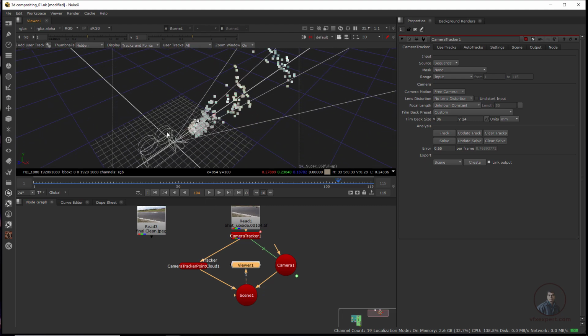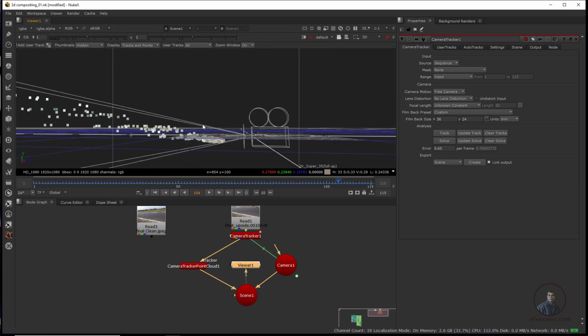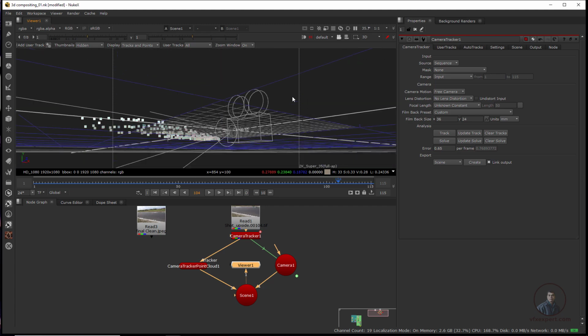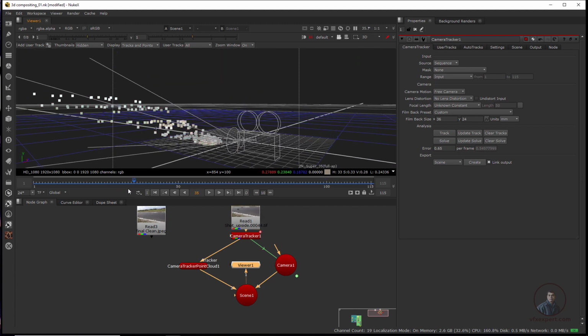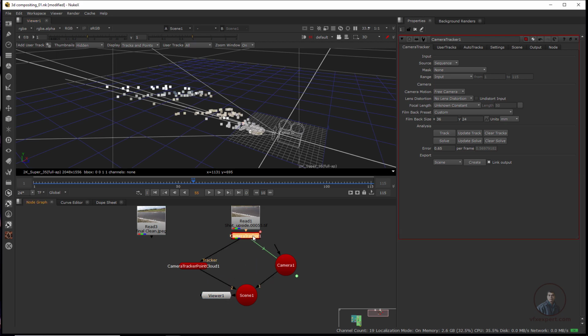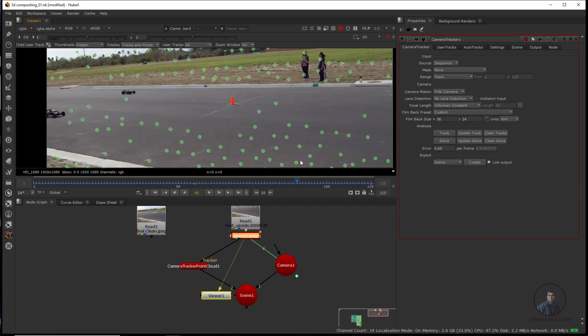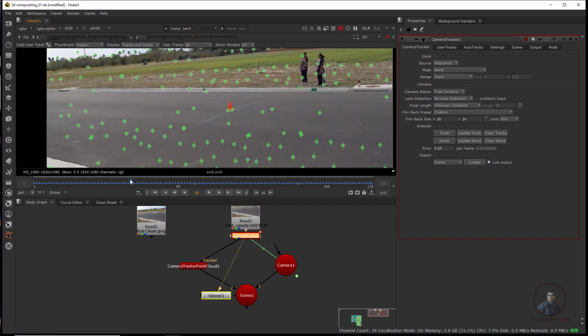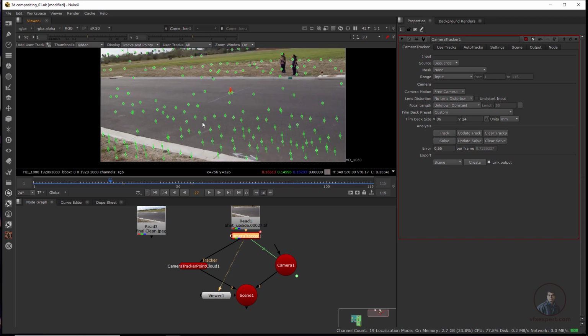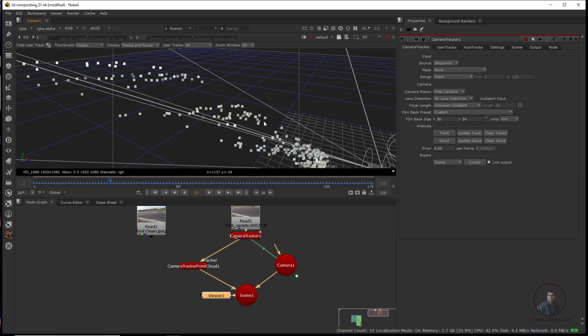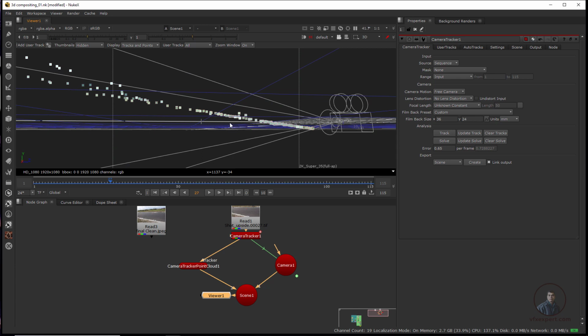Now you can see, these are our locators or points which we have tracked, and this is our camera which is moving, okay. Now again select our camera and press 1 here, double click here. First we have to define our ground and origin here. I am going to define some ground planes, because first we have to define our ground plane. Now select this one and press 1 here. If you look here, some points are below our grid, okay. So first we have to define our ground, and after this we will define our origin, okay.